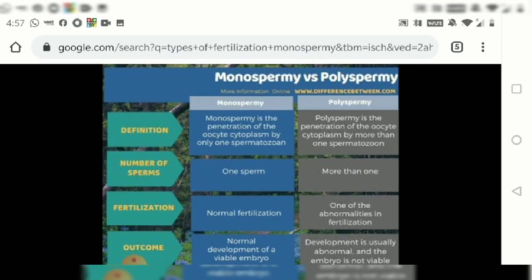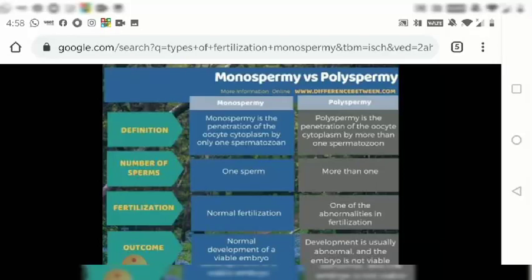So next, polyspermic fertilization. What does polyspermic mean? Many sperms entering into the egg. That is called polyspermic fertilization. Under polyspermic fertilization, we have different types. One is pathological polyspermy and one more is physiological polyspermy. So what is this pathological? Under certain abnormal conditions, when a monospermic type of egg is involved, many sperm may enter, so that is called pathological polyspermy.